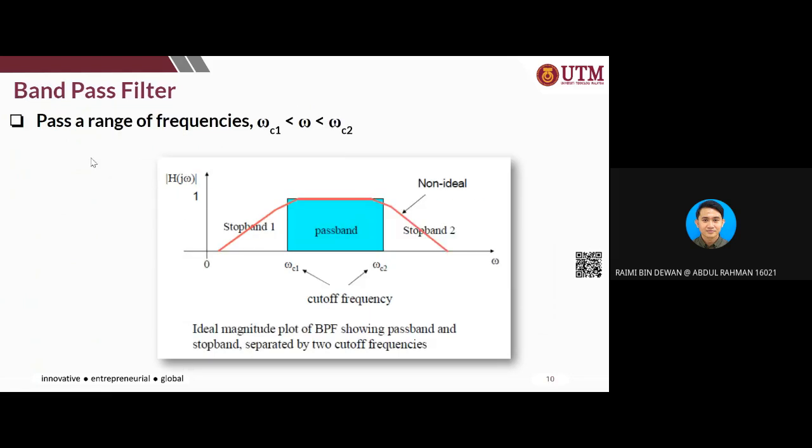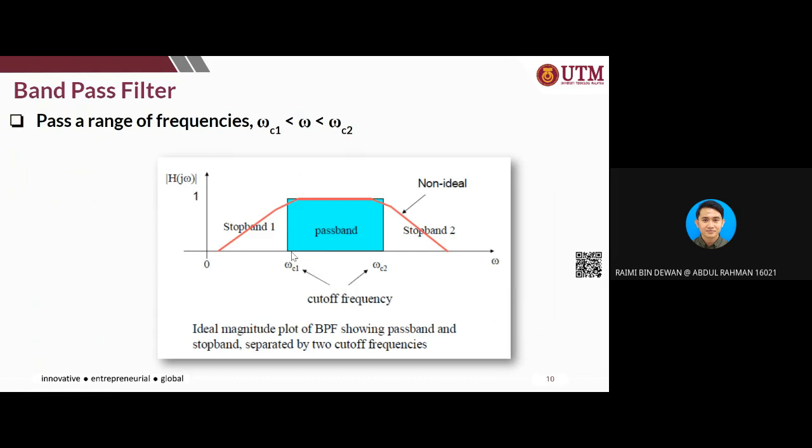Next is the band pass filters. In band pass filters, it will allow a certain band to pass through, and it does not allow the other frequency range to pass through, meaning it blocks the other frequency range. So you can see this is our band pass filter. This is your ideal band pass filter, where we actually have two